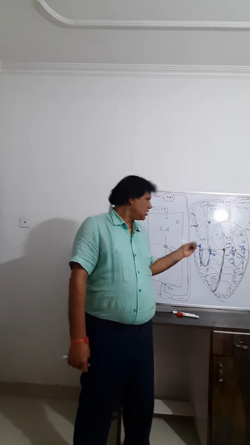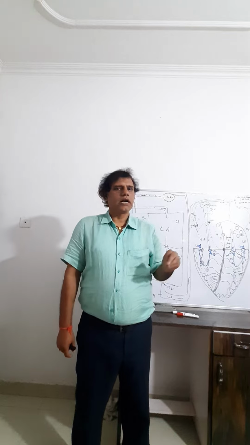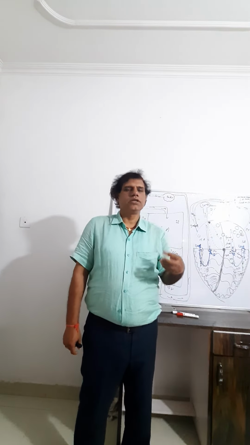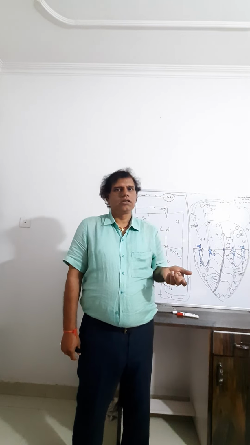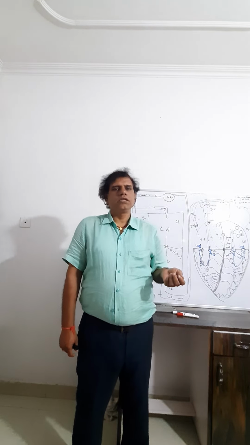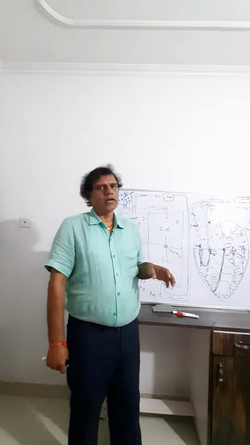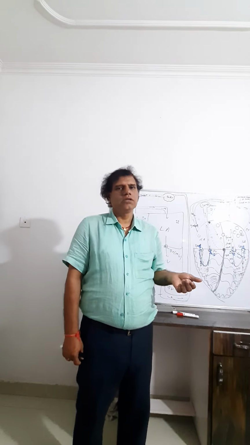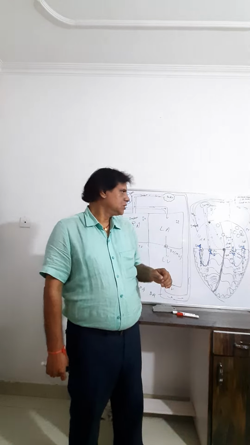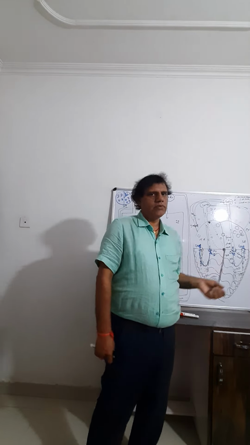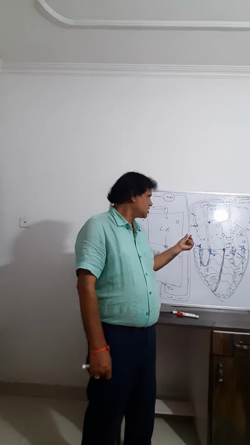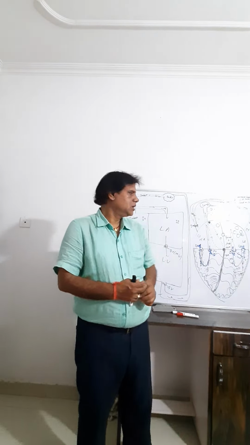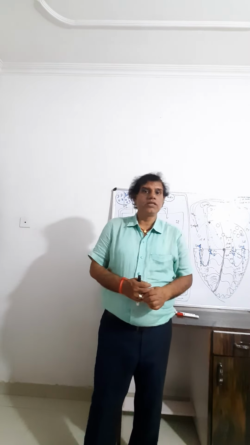So there are the SA node and AV node in the cardiac musculature, and they generate an action potential around 70 to 75 per minute. So the heartbeat in a human being is also 70 to 75, and this is auto-excitability because it generates action potentials by itself. The SA node is also called the pacemaker, and the AV node is also called the pacesetter.